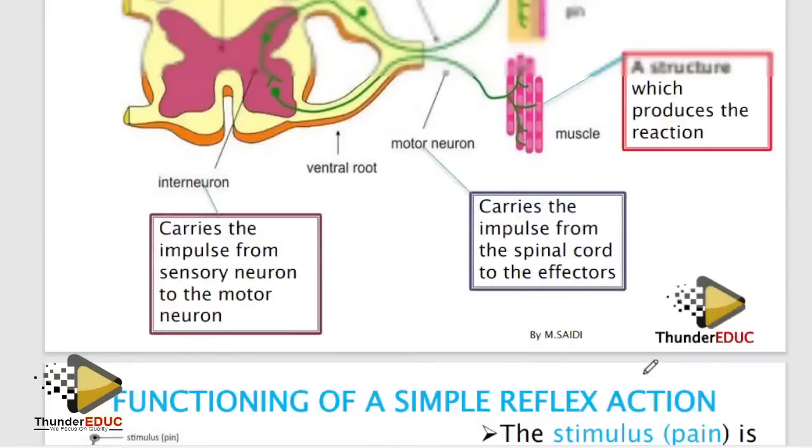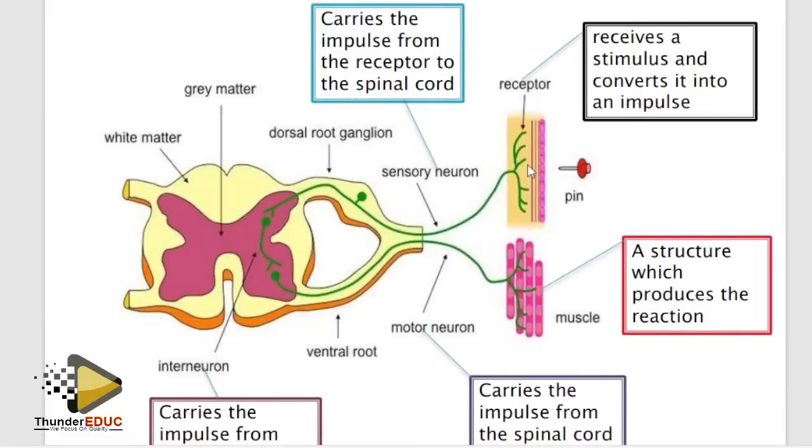If they ask you the transmission of the impulse, you just start with the receptor, tell us the function, receives the impulse and interprets it. Then talk about the sensory neuron, tell us the function, transmits the impulse. Talk about the connector, function, motor neuron, function. That's it. Just part, function, in the order.